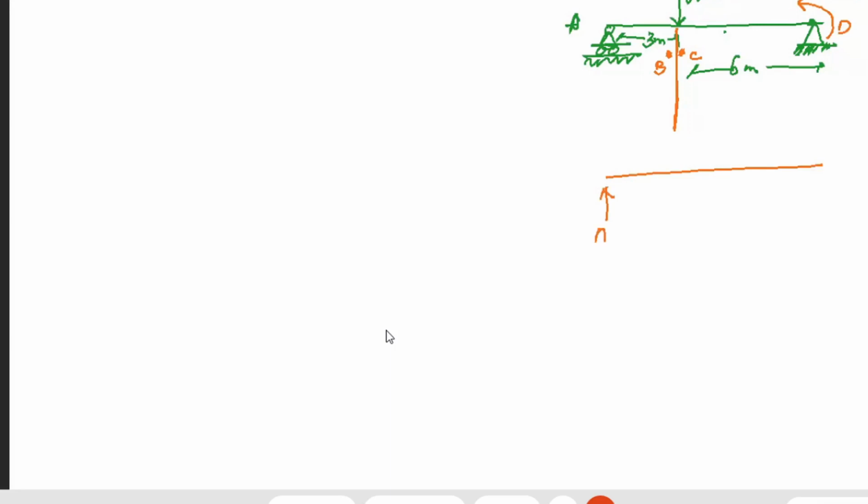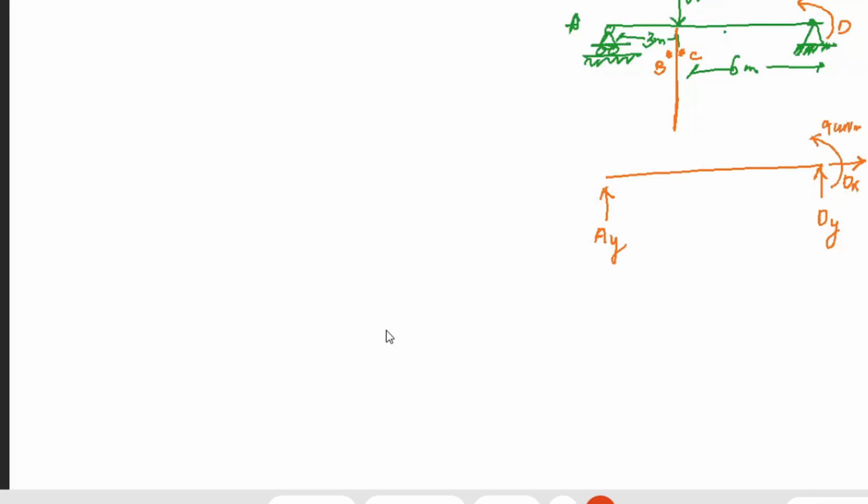It has only vertical translation, that is AY, and at end D it will be having DY, right, and it will also have DX. At pin support we have two translations, horizontal and vertical, right,